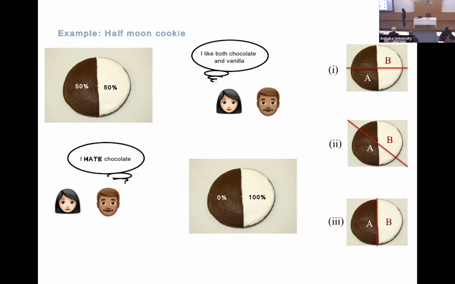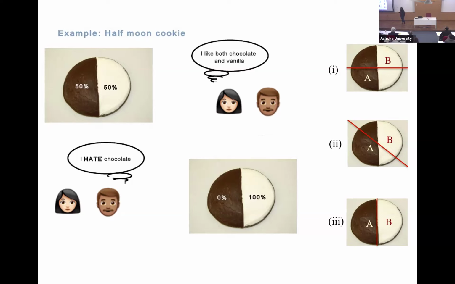So they are not getting equal amounts, but here Alice is getting only chocolate and Bob is getting only vanilla. They're happy, right? So in that sense, Bob is getting everything he likes, basically 100% of whatever he likes. And Alice is anyway indifferent, and she is getting 50% of what she likes.